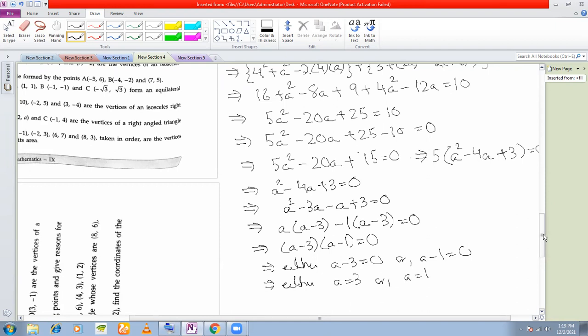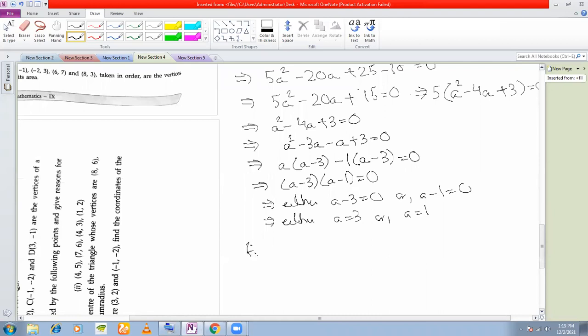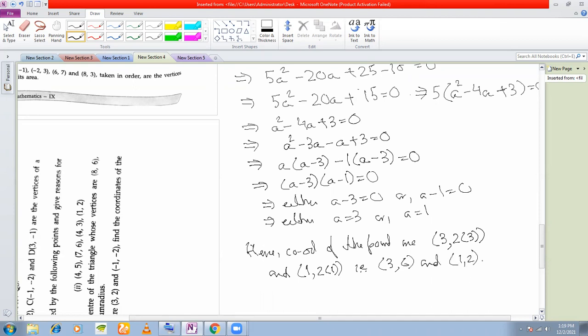Right? So what are the points here? Therefore, hence coordinates of the point A are (a, 2a) we had taken, right? So a comma 2 into a, and what is the other value of a comma 2 into a. That is what points? (3, 6) and (1, 2). So these two are the required points. Okay. That is why in the question they had taken find the coordinates of the point or points. We're getting 2 points here. Okay. So I'll stop here then.